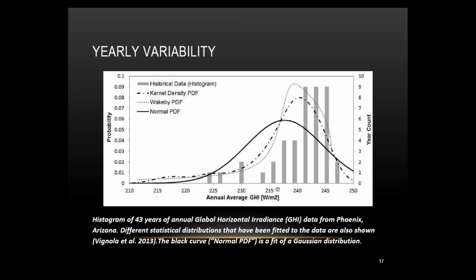And this is often based on the assumption that the data are Gaussian. Here's an example where they are clearly not Gaussian. So that's something to look out for as well. The Gaussian distribution is the black curve. You see it doesn't follow the data. In this data series of 43 years, some volcanic years are included. So you have Pinatubo and some other powerful volcanoes in the 1980s, and they give these very low values that fall outside.